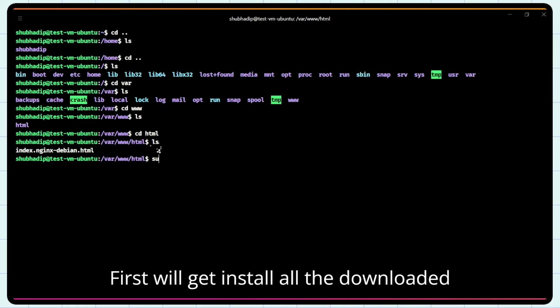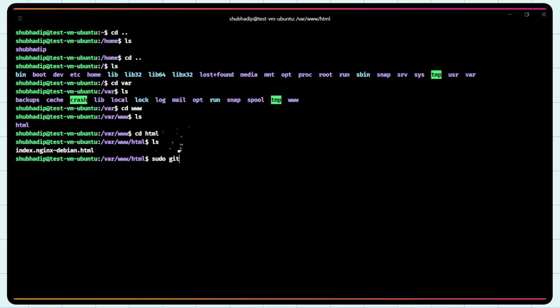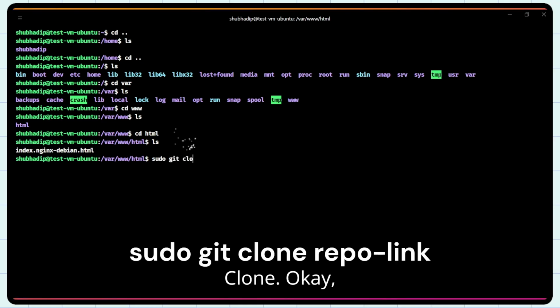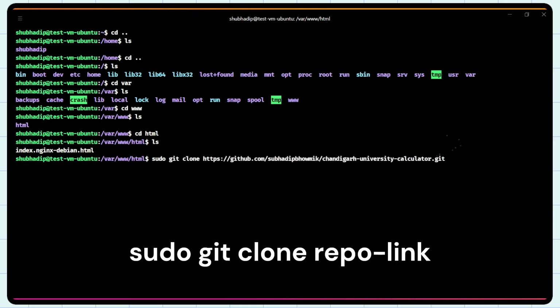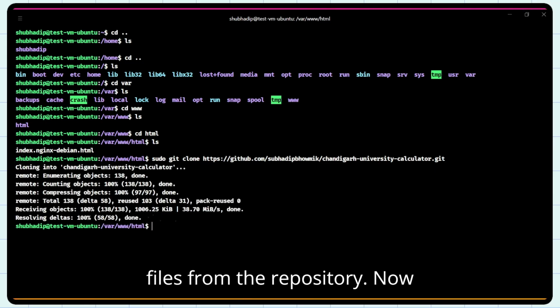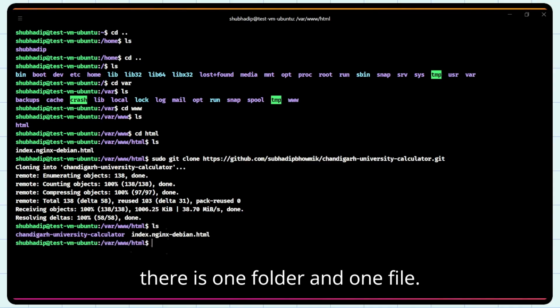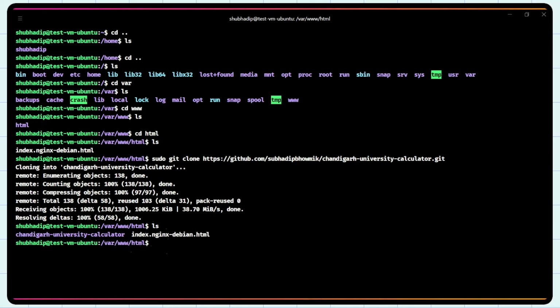First we'll download all the files from git. So just write git clone. Okay, now it will download and clone all the files from the repository. Now if you press ls, you will find there is one folder and one file, right?